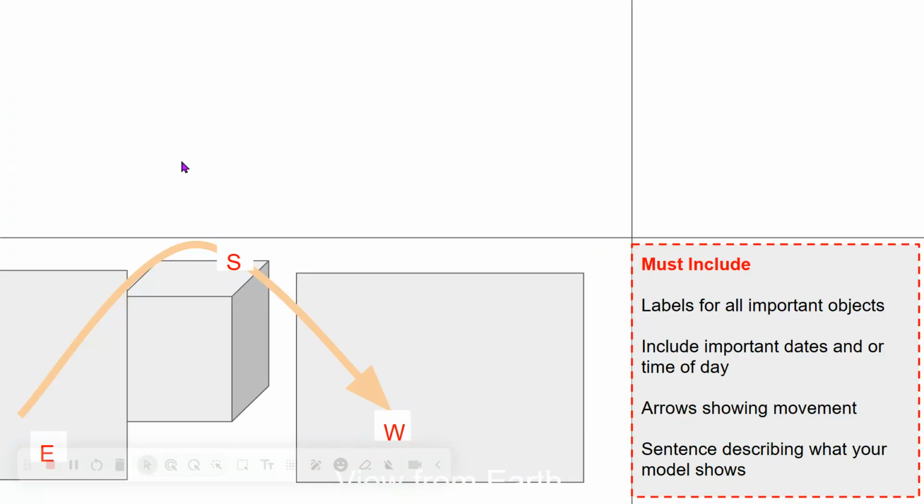Let's look. So when we label all important objects, we need to give those directions. Here's the east. Here's the west where it's setting. Here's the south when it's highest in the sky. It's south, right? Arrows showing movement. But this doesn't show Manhattanhenge. This shows really a June arc, right? We want to know,